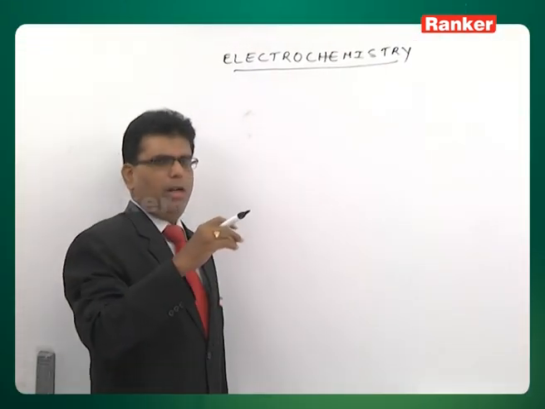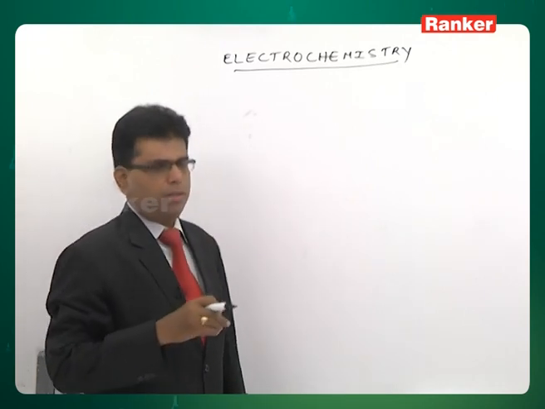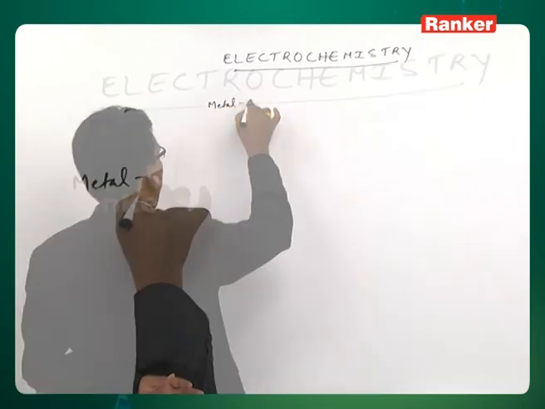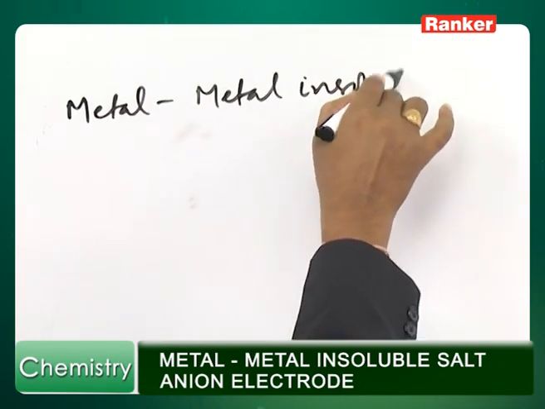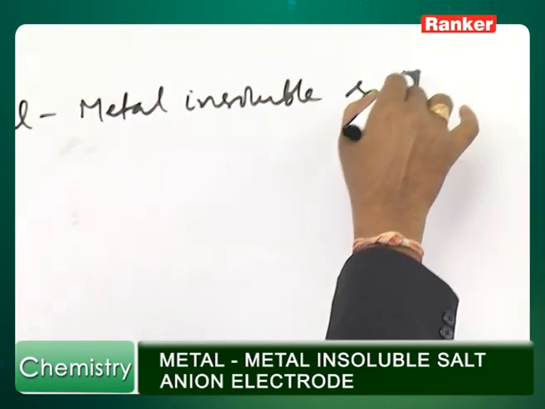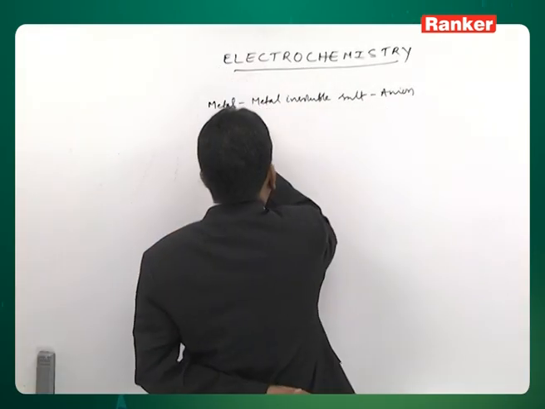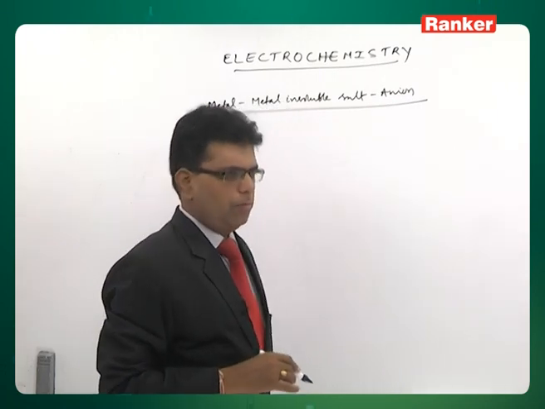After metal and non-metal, we also have another very important class of electrode, that is the metal, insoluble salt, anion electrode. Metal insoluble salt, anion electrode. This is